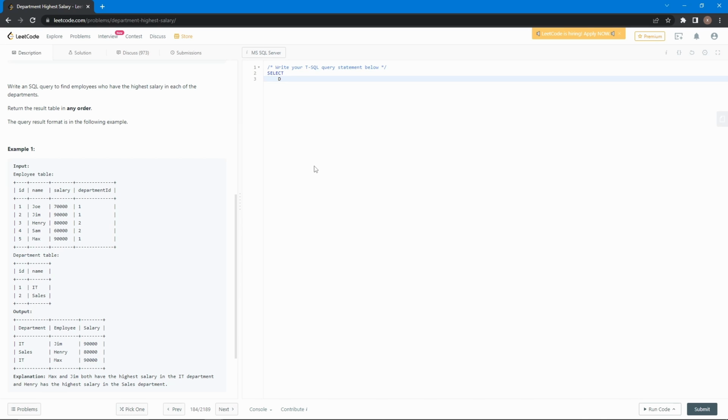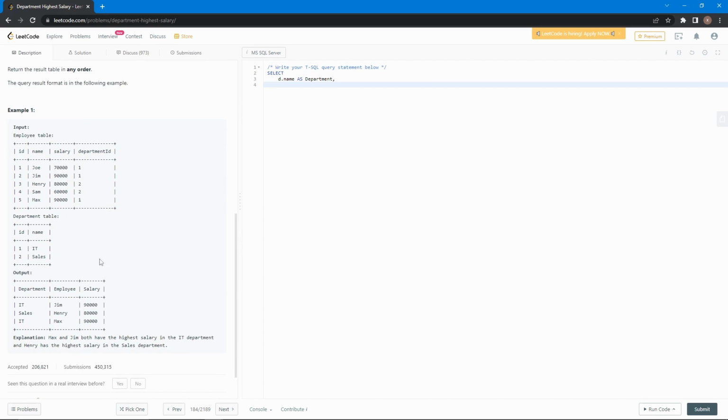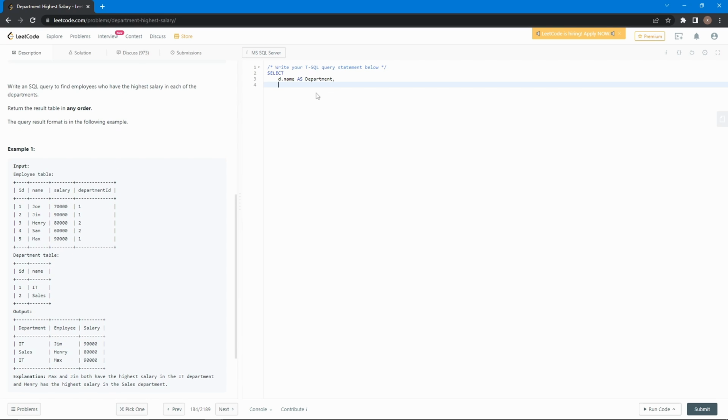Well, this is going to be, it's a name in the, okay. We'll call it d.name as departments. Actually, instead of using rank, because, okay, so I could use rank, but I would probably need an outer query to make sure it doesn't return as a row. But we could also just use an inner query. I'll just use an inner query for this. So you're going to select that, name as employee,